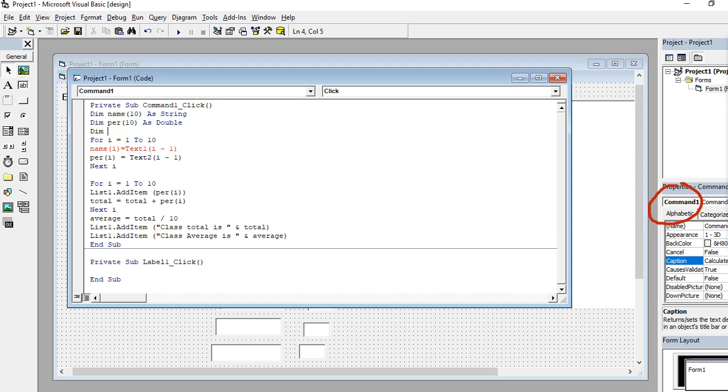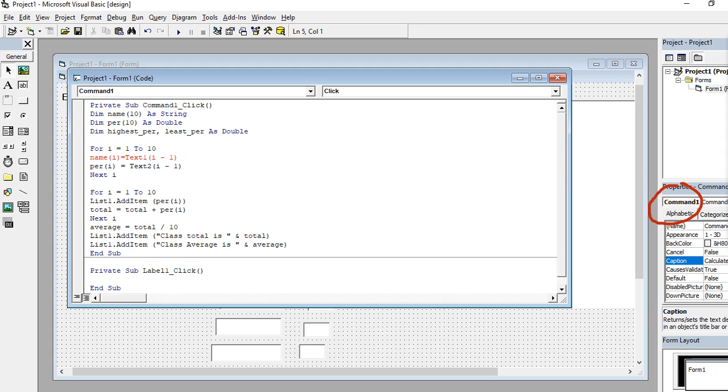I need highest percentage and least percentage as double. Similarly, to store the names of the students scoring highest marks, and similarly one variable for storing the names of the student who's scoring the least. Okay, as I discussed in the video a few minutes before,